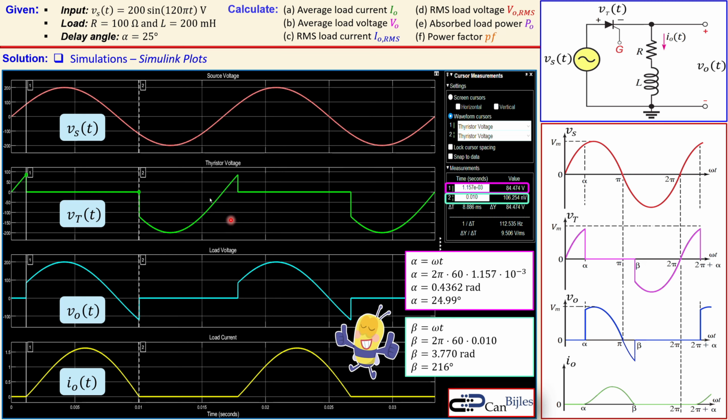and we have seen how we can use the delay angle to calculate the required component values and the parameters in this circuit. Of course, we will discuss in more detail other rectifier circuits like the full-wave rectifier in the coming video,